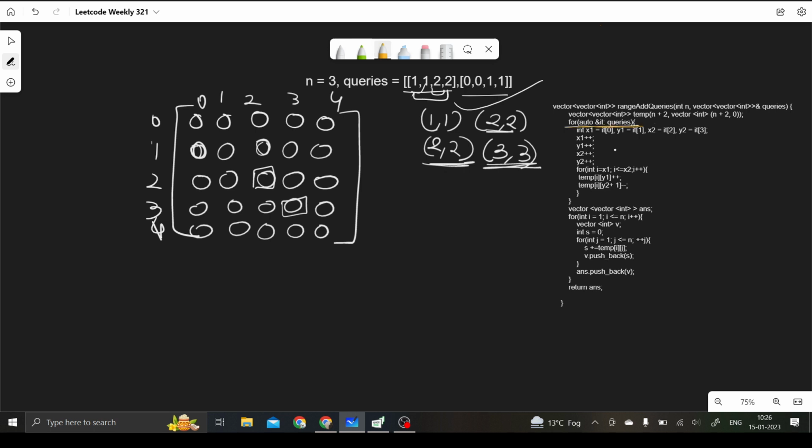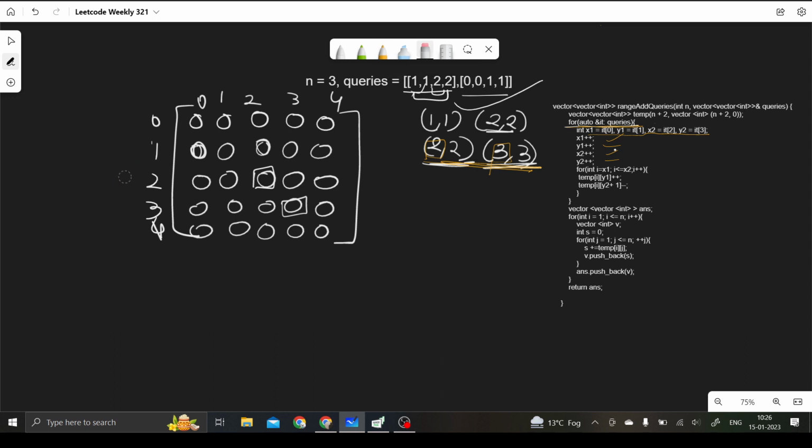We have taken the very first query inside of it, and we have incremented all the values, just like we did here. And then for this index, from the given rows, from the upper left row to the bottom right row,